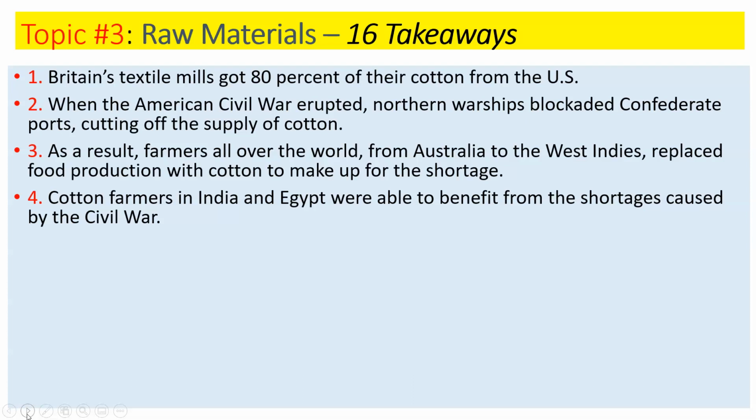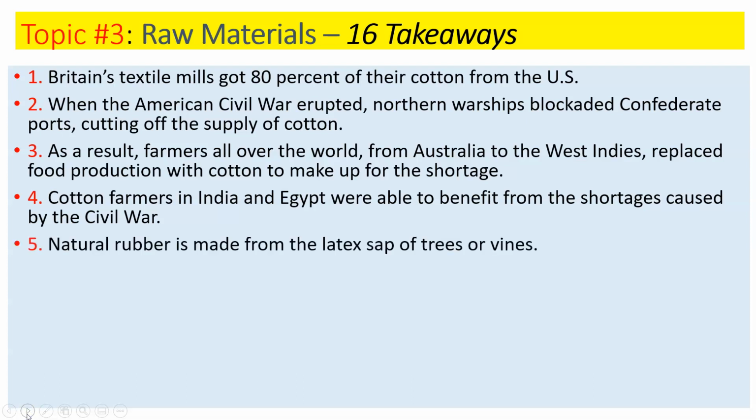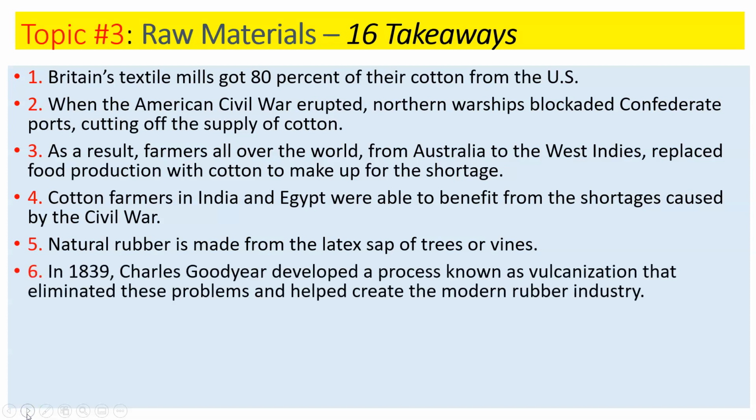Number 4, cotton farmers in India and Egypt were able to benefit from the shortages caused by the Civil War. Number 5, natural rubber is made from the latex sap of trees or vines. In 1839, Charles Goodyear developed a process known as vulcanization that eliminated these problems and helped create the